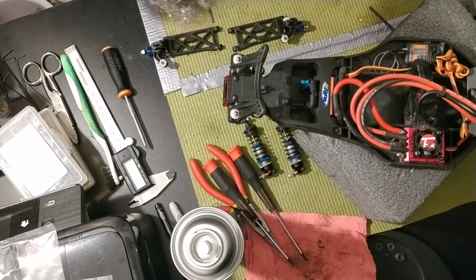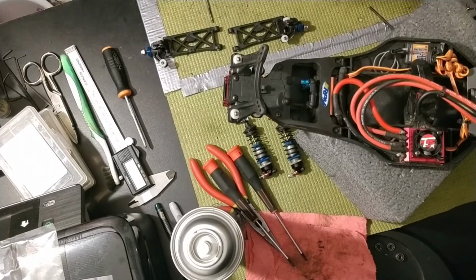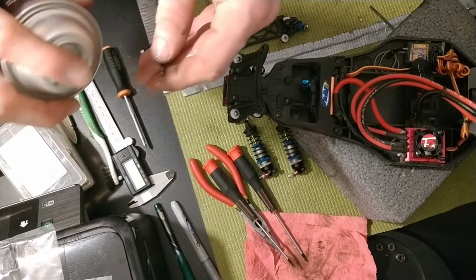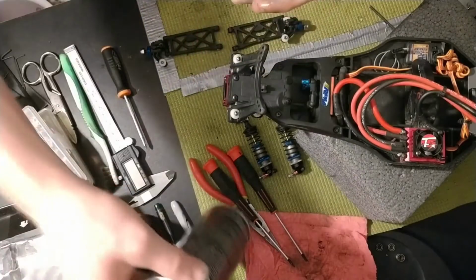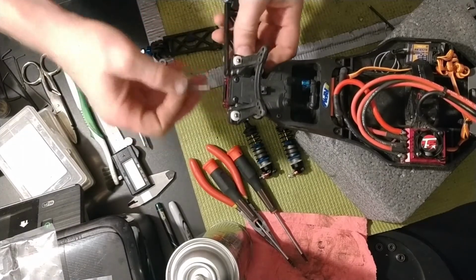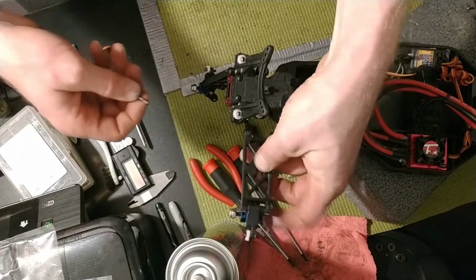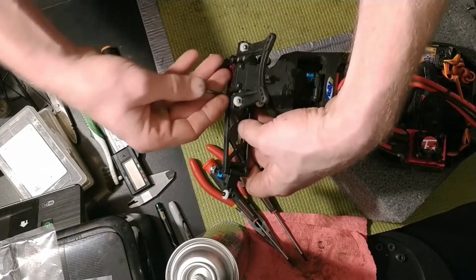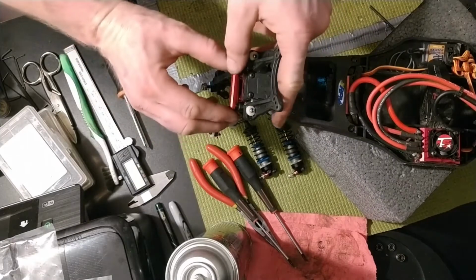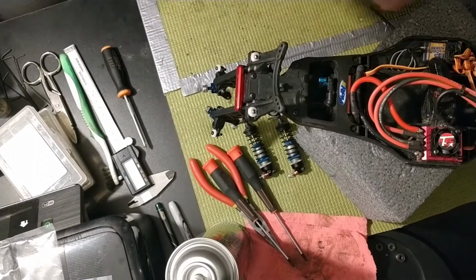Alright, take steel wool, drill, clean my hinge pins, and then I use KRUZ, spray them up a little bit. See, it goes right on there. Gotta make sure you use